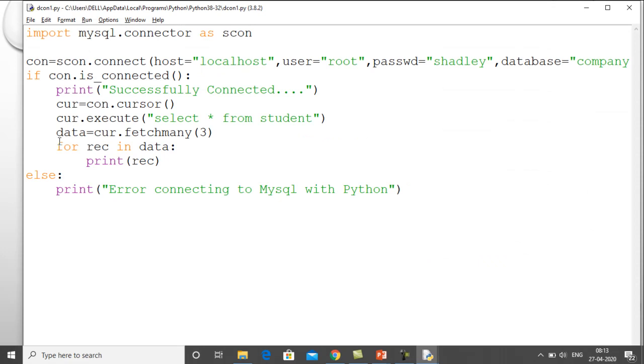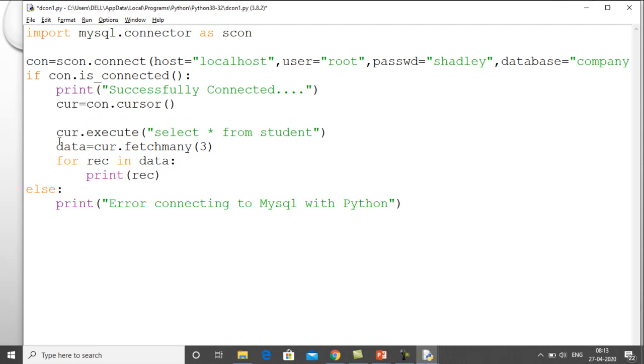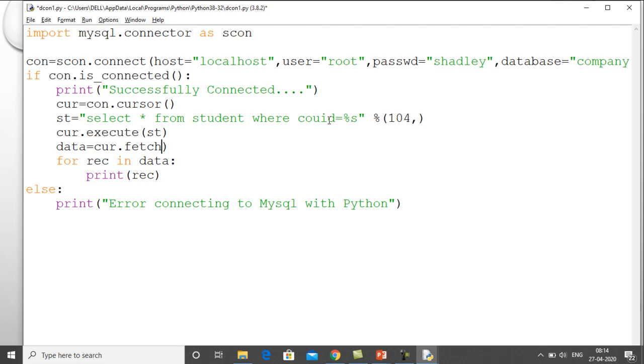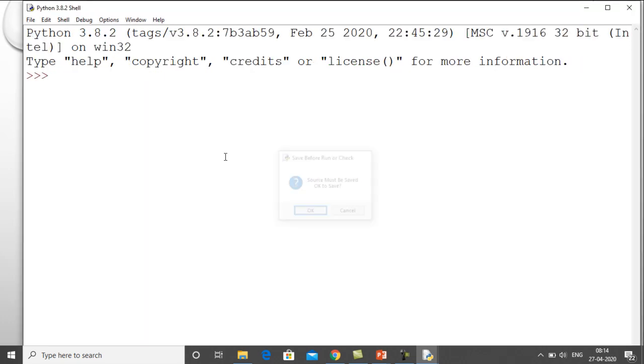Over here it is written as first I will, okay, so I will copy that statement over here. Okay, and in the cursor where I have written the command, in spite of that command, I will put the value of this st, because in st I have fitted the entire command. Okay, so this is my st. All right, and rather than fetch many command, I have simply used fetchall, so that whatever records are returned by this query, we will see all the records. Okay, so let me first run it.